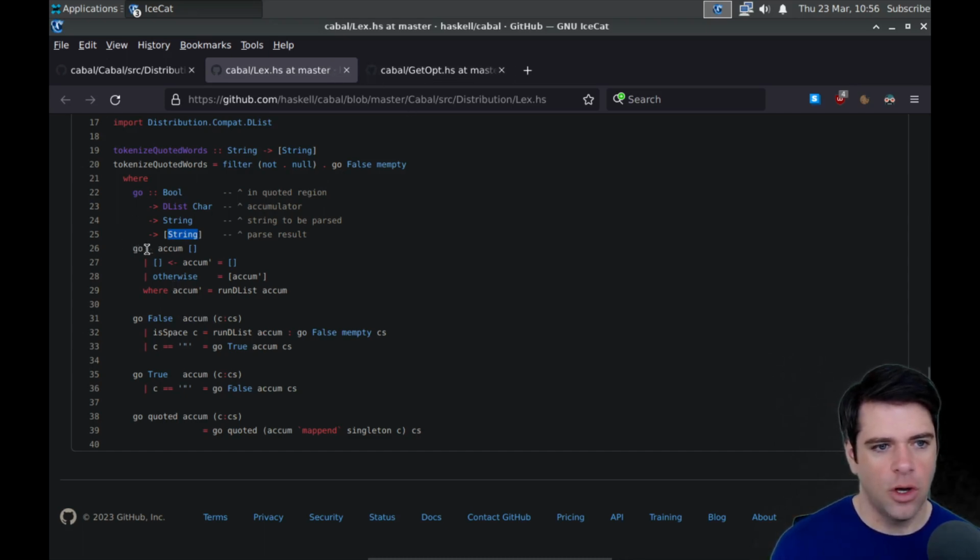We're going to call go. So if we call go with no bool and an accumulator and the empty list as a string, then if the last argument, I guess, is empty, we're just going to keep it empty.